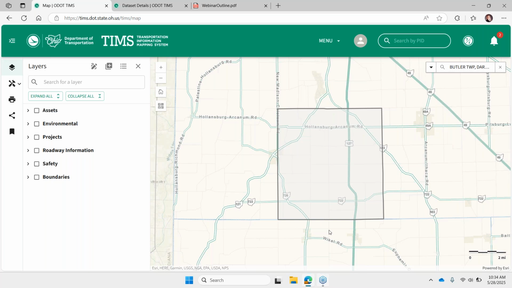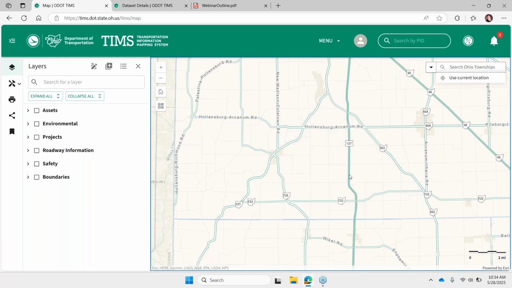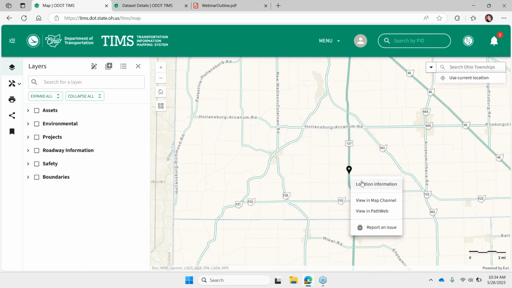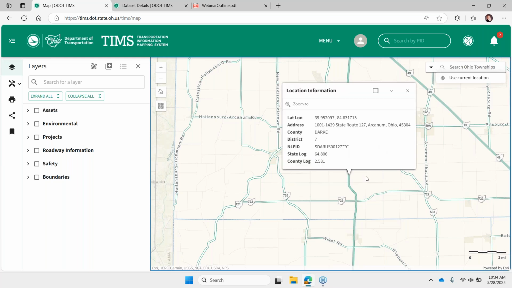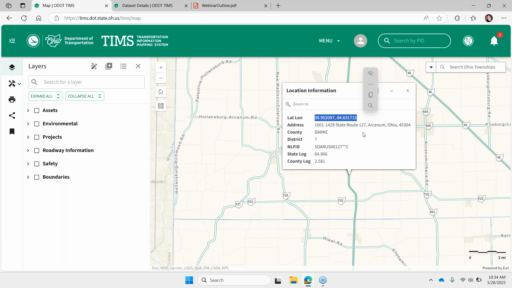And then once I'm there, let's highlight the options. I'm going to click the X button on my search tool first to just clear that box. Let's highlight those options in that right-click menu again. We've seen location information several times. I don't think I can over demo that because it's such a great resource. It's just like the go-to to report a log point, to just find out what district you're in, to get the coordinates of a location.